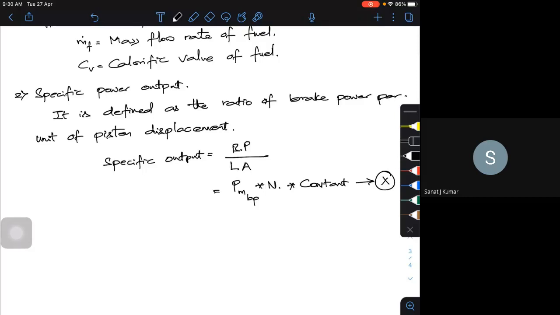Whenever we try to increase the speed, the major problem we face is the mechanical stresses. Say the engine is running at some 8,000 rpm or 10,000 rpm, and I want to double the speed. The mechanical stresses and the thermal stresses involved in most of these IC engines will increase almost proportionately. This will have an impact on your pressure, because it has to go to a peak.